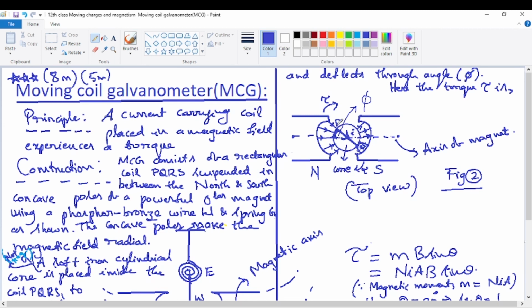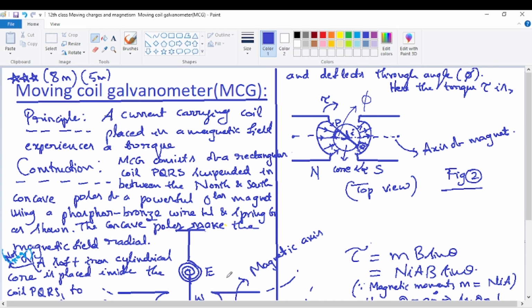Now it got deflected, clockwise. Here this is the direction of the deflection. See this arrow, rightwards, is the direction of the torque, clockwise. Similarly, at the bottom also there is torque. So many details are there in the diagram, but it is not difficult. Just two diagrams. The torque is given by MB sin theta. Always, the torque acting on a bar magnet in a magnetic field is MB sin theta.